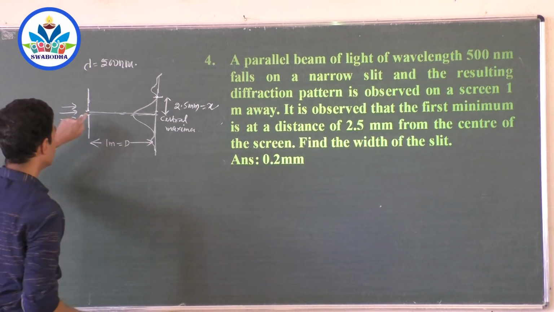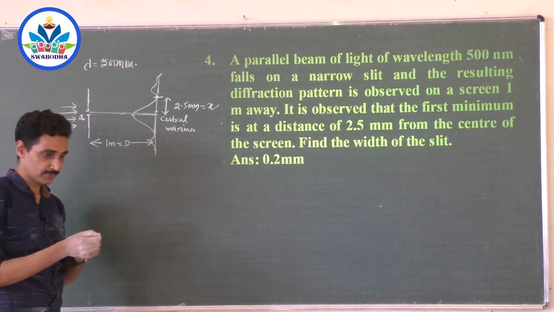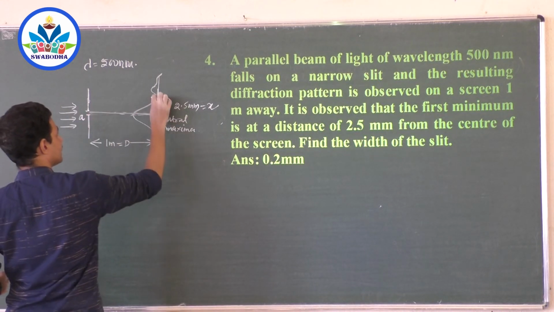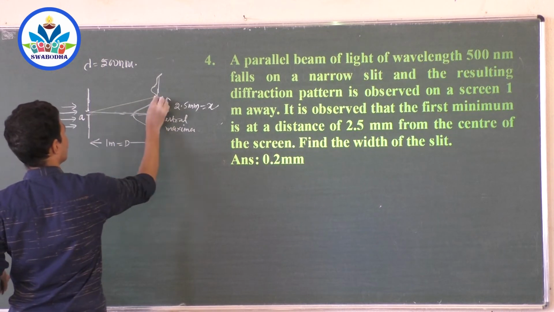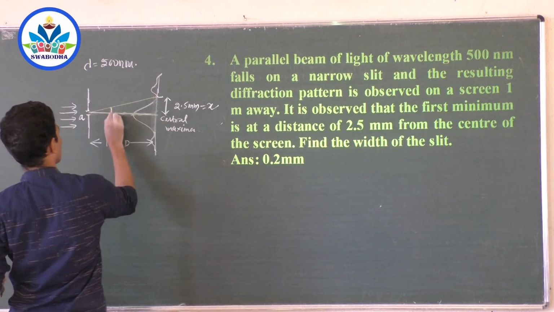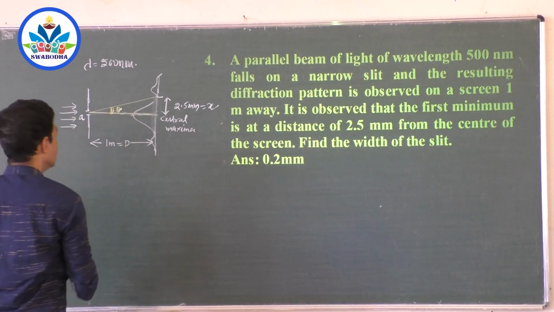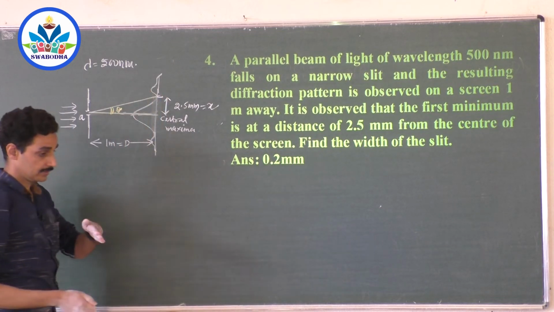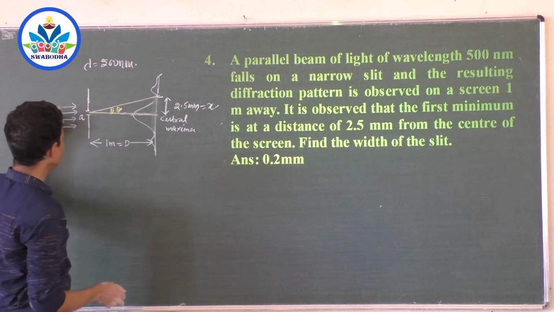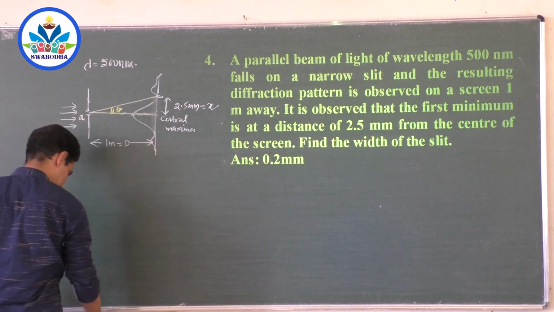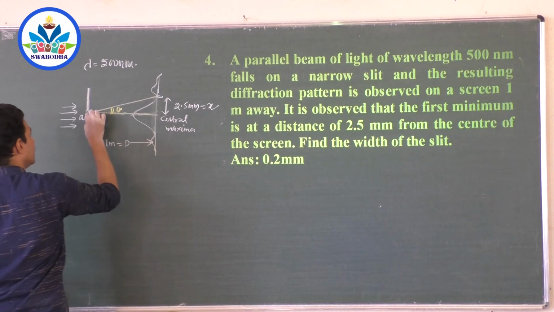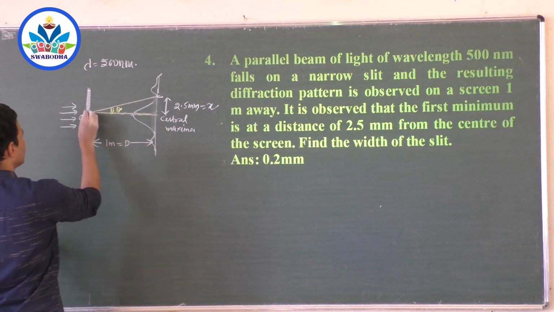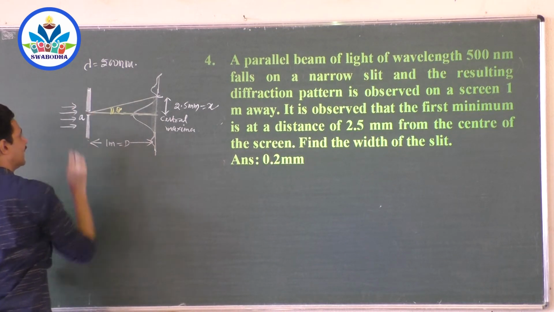Now if you observe from the slit, if you can see this brightest region here, at what angle will it appear? That is called the angular width of the central maximum. This theta corresponds to the angle at which the ray has been diffracted, the angle of diffraction, because as soon as the parallel beam falls on the slit, this thick metal plate with a small hole here, and this slit is having a width of 2a, that gap is 2a,